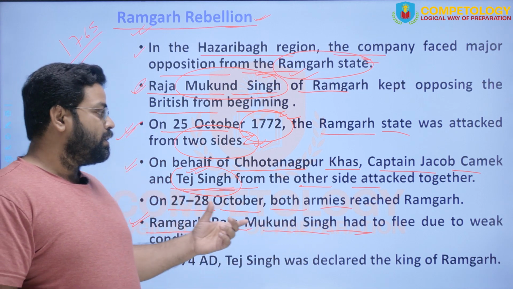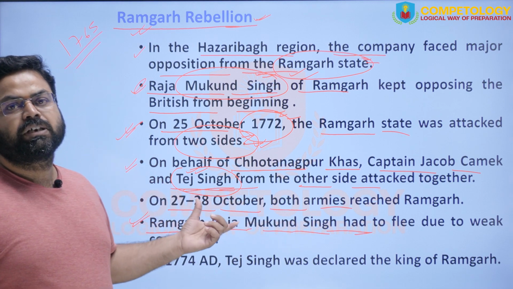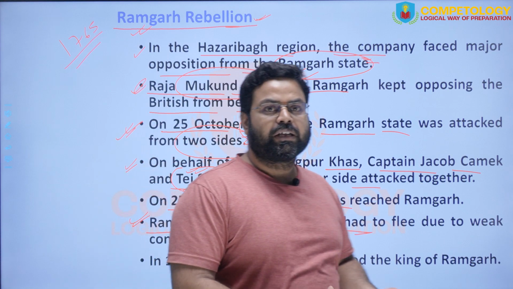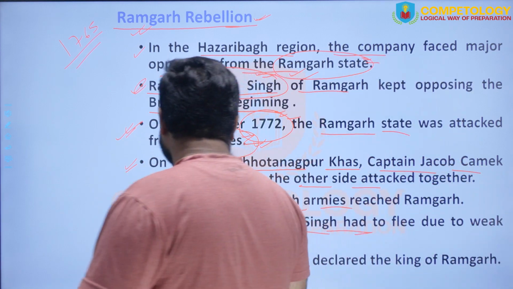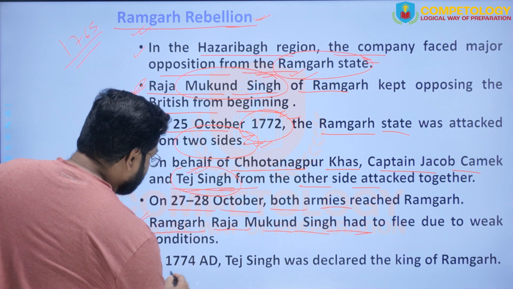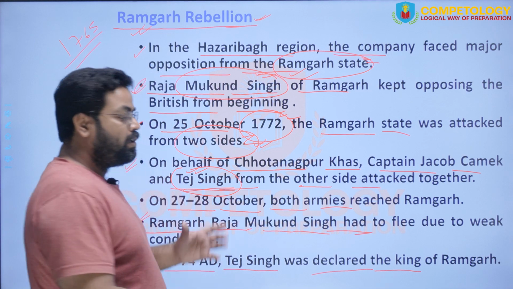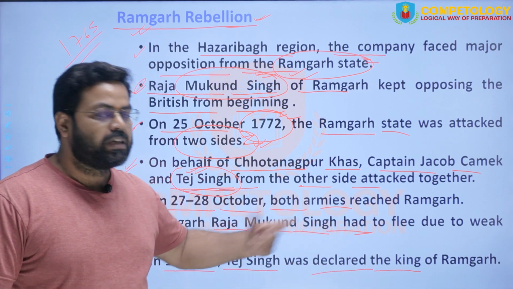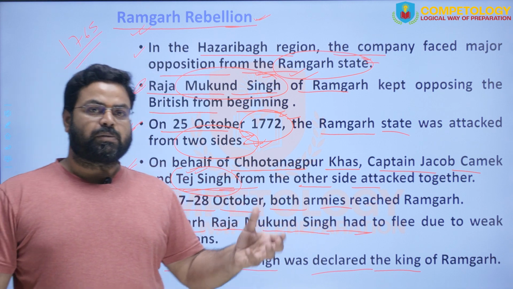And due to this, the ruler of Ramgarh, Mukund Singh, got defeated quite easily, and due to his inevitable defeat, he had to flee the region. So he fled from the region, and in 1774 AD, Tej Singh was declared the king of Ramgarh. So basically this was the allurement which was given to Tej Singh by the company, that if you will support us to get the control of